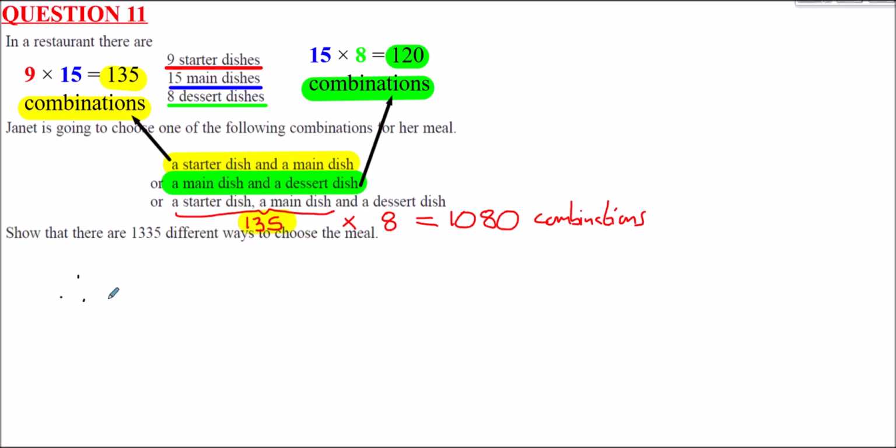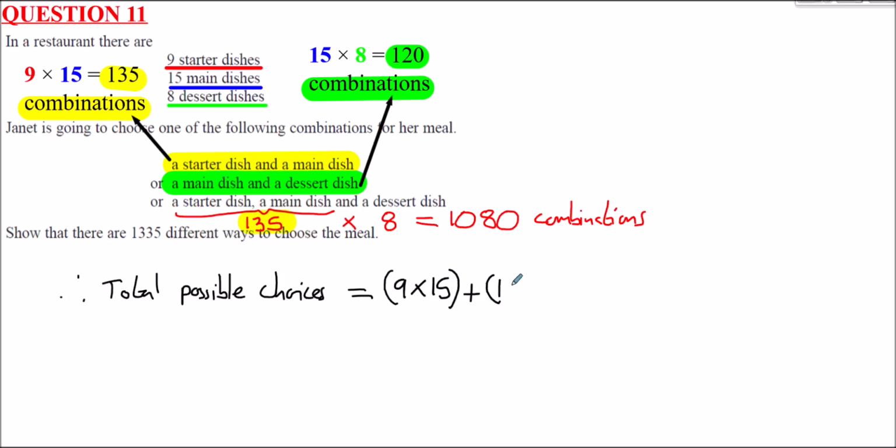So therefore, total possible choices, let's just show the examiner how we're arriving at this. So for the starter and main, that was 9 multiplied by 15. Then for the main plus dessert, that was 15 multiplied by 8. And then finally for all 3, for the 3-course meal, for the starter, main and dessert, we had 10,080